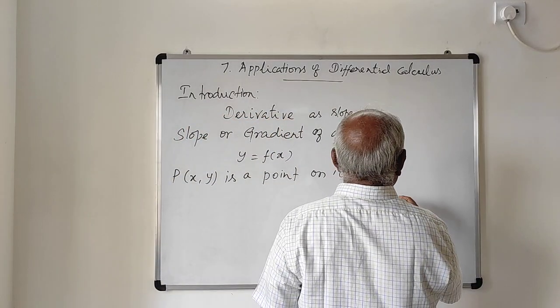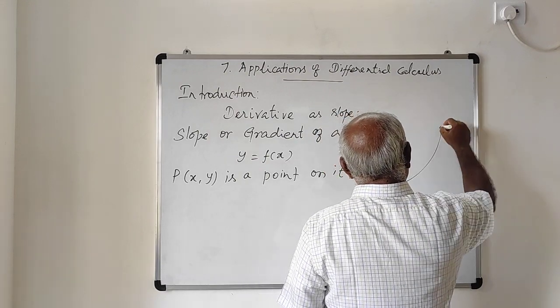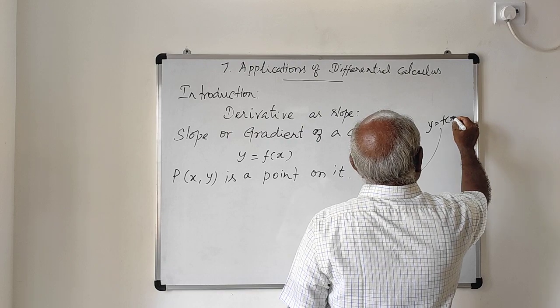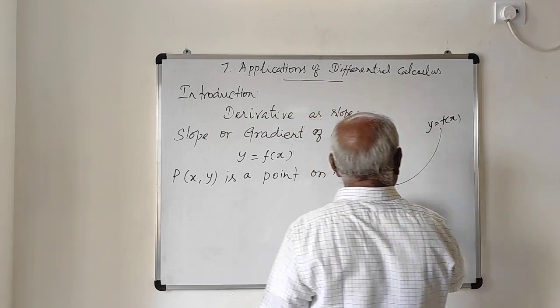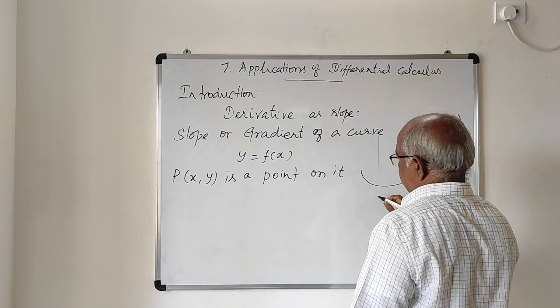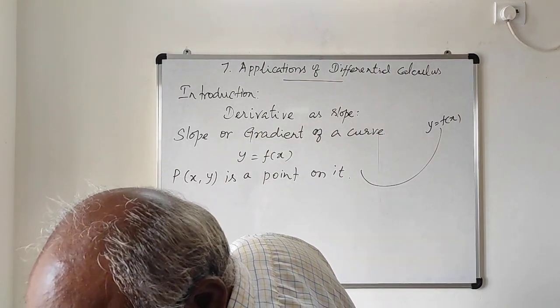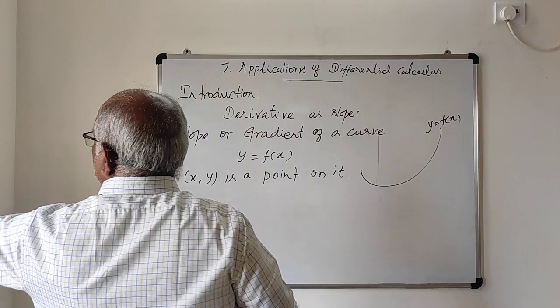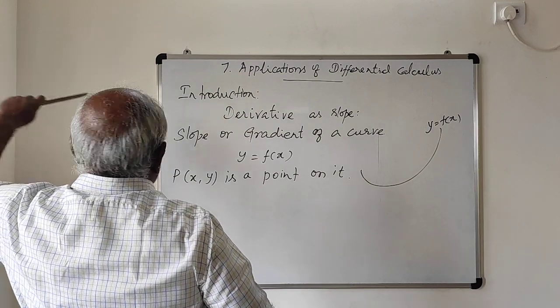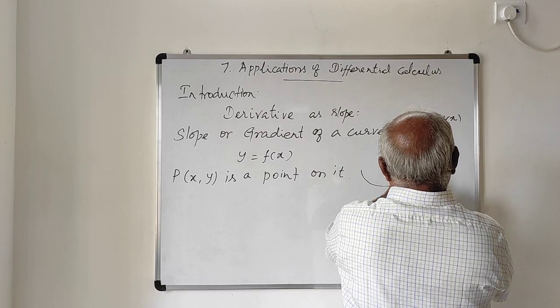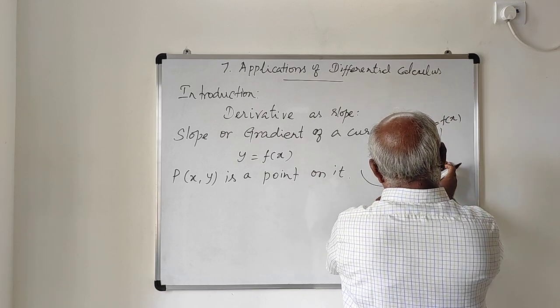This is the curve y equal to f of x. If you draw a tangent at the point P, x comma y, to the curve,